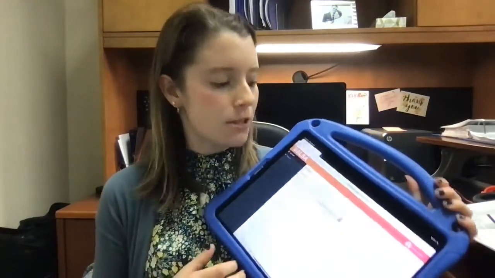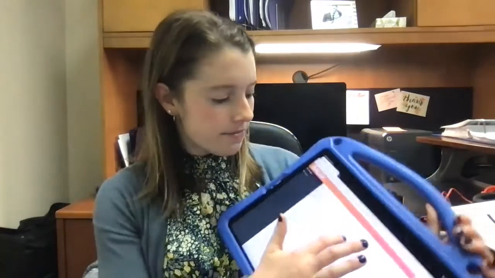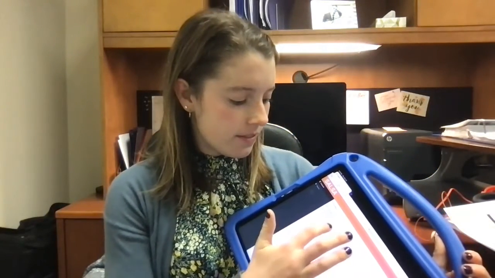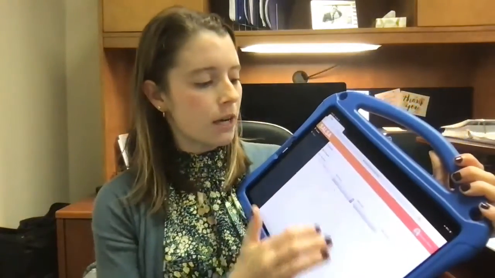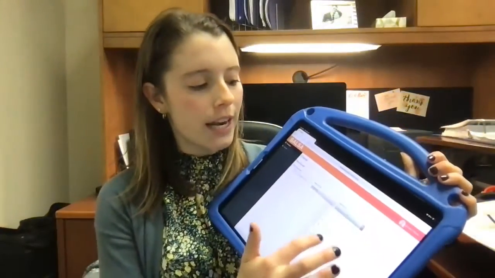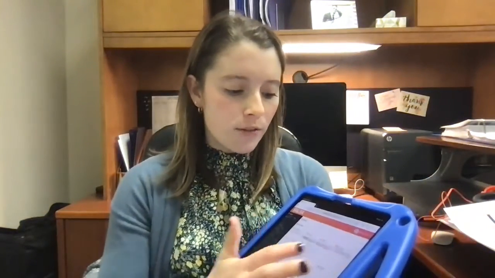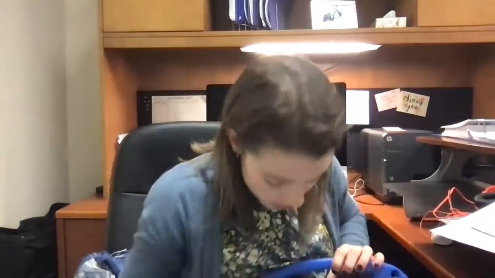Sometimes when you click this, it says no options. That means that the computer system is just lagging. You just need to click this a couple times for it to populate, and then it'll populate the school. Sometimes you just have to keep tapping it and it'll wake up the system. Let's say I'm assessing someone in Greenville. So I select Greenville. Then it's going to ask you to select the room number. You select what room number you're in, and then it'll ask you to select the student, and then you'll pick exactly which child. Once you've clicked on the appropriate child,